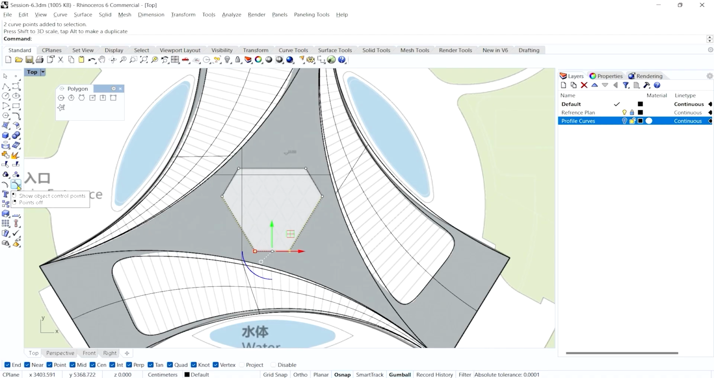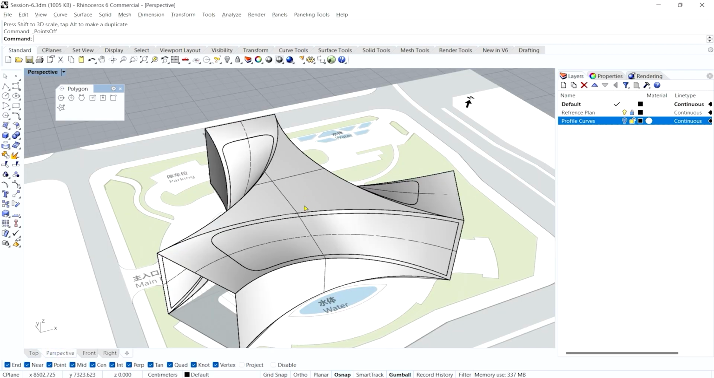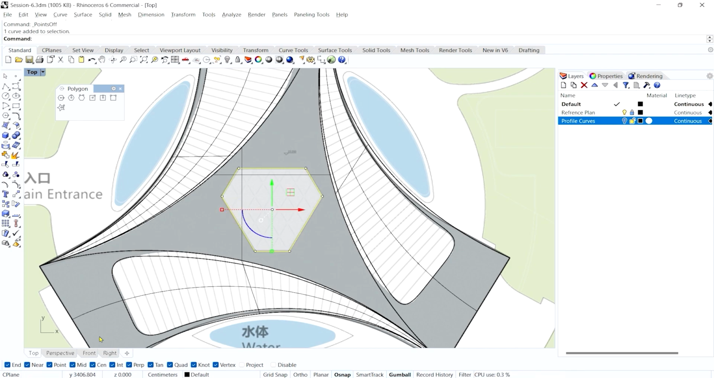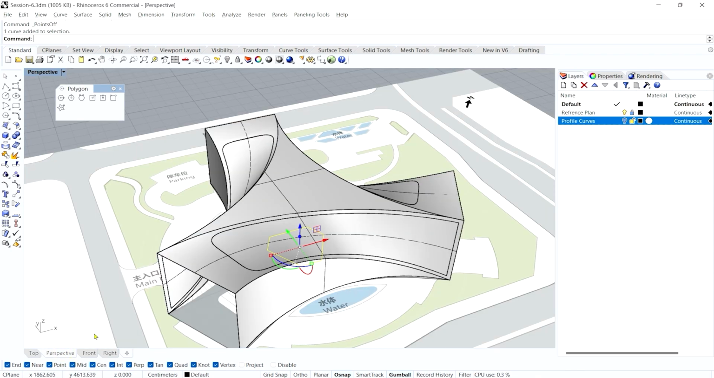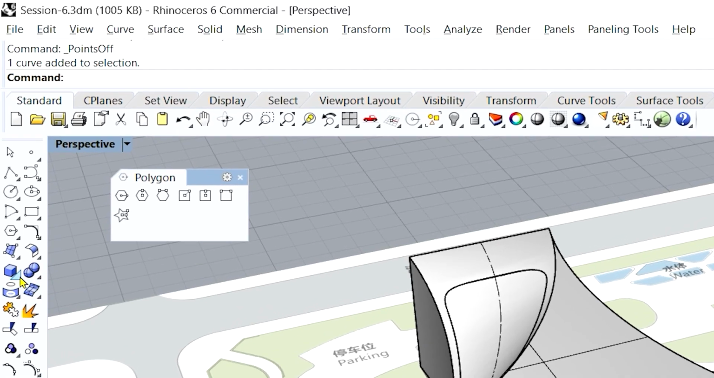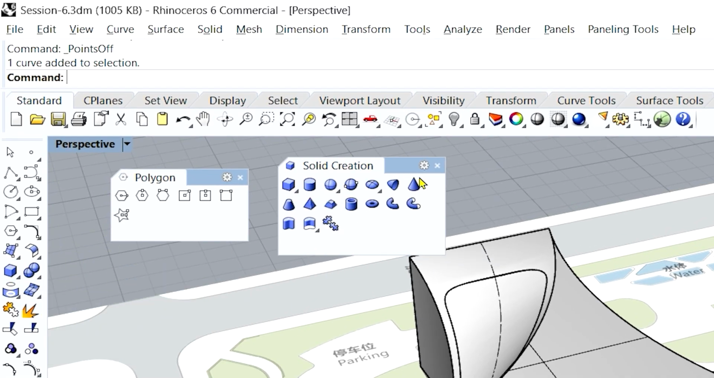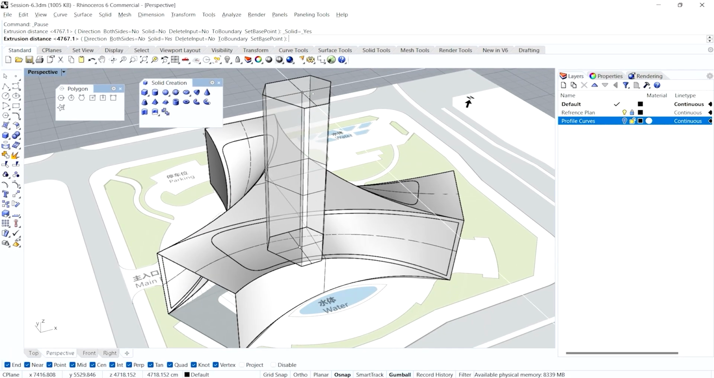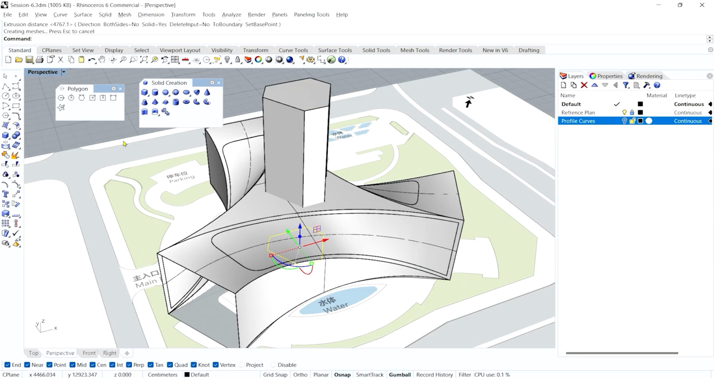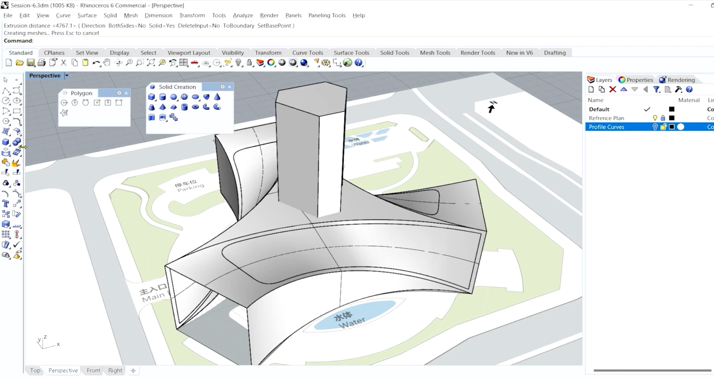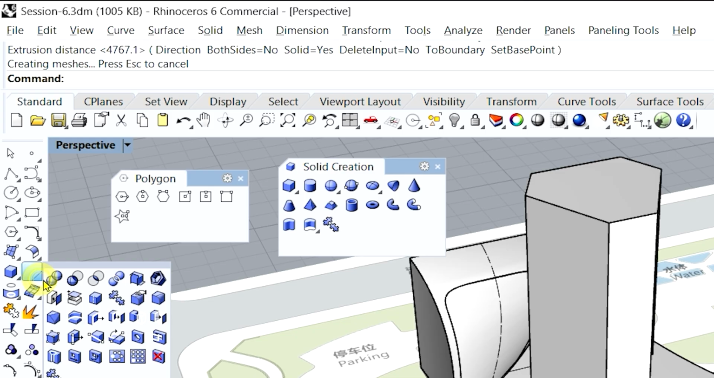You can turn off these control points with the right mouse button if you don't want to see them. Currently it is downside as we did on the top plan, so I will select this and go to the perspective, and I can go to the solid tools. I can straight away extrude closed planar curve, click, and I can extrude it, and then I can use Boolean difference,